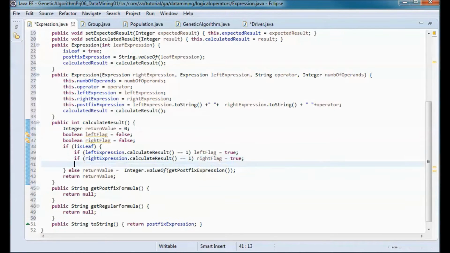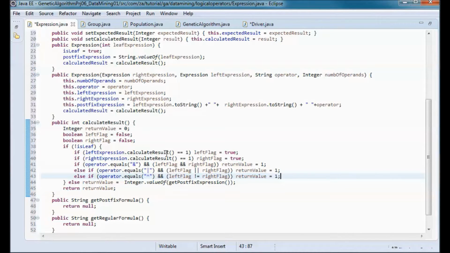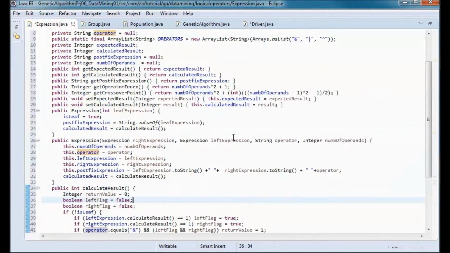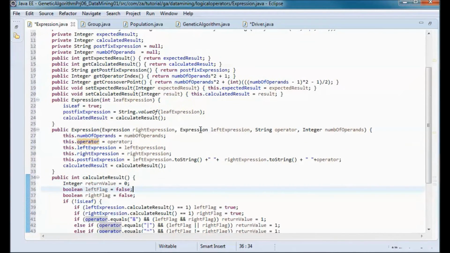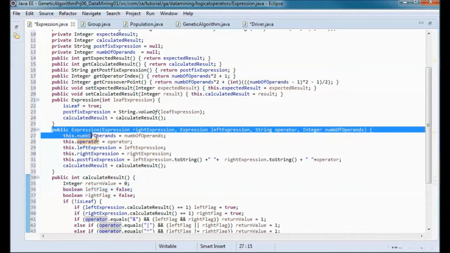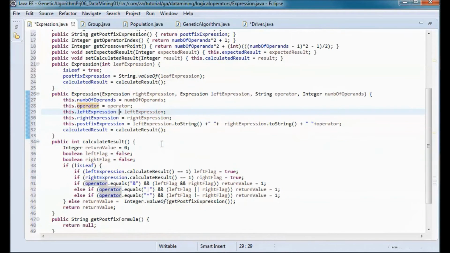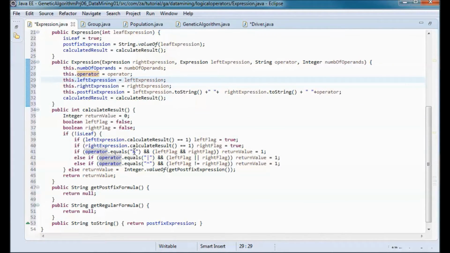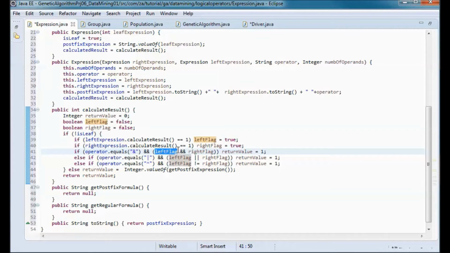And if the operator that we set over here is equal to AND and the left flag is true and the right flag is true, then the return value would equal 1.